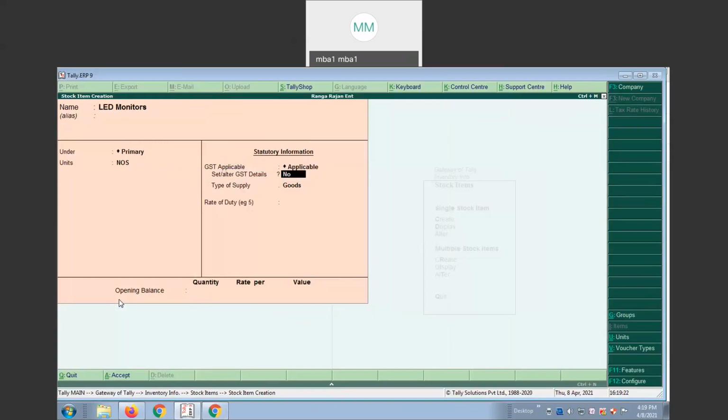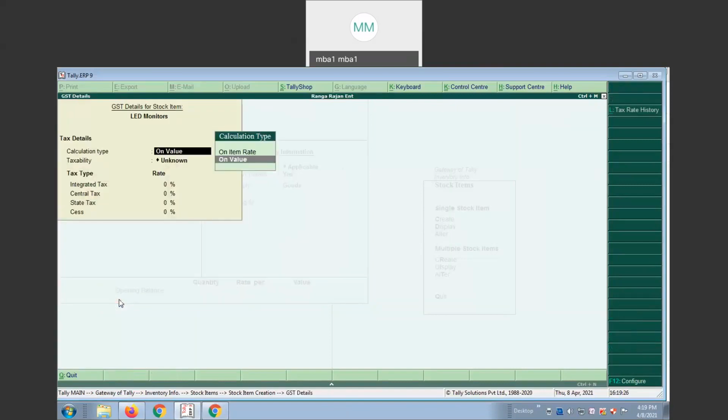Set alter GST details. Yes. How to calculate the GST rate, on value or item rate? On value you can take. Is it taxable? Yes, taxable. What is the integrated tax percentage? Total tax is 12%. If you select it, it will automatically take the total item.